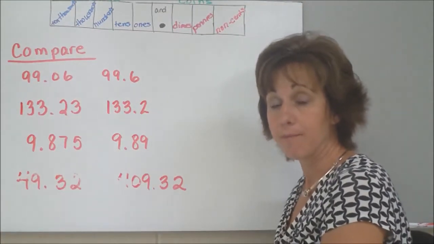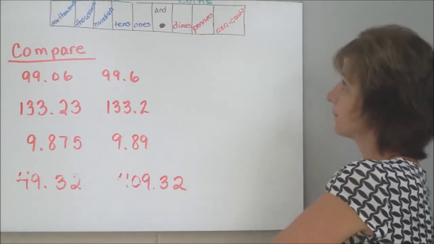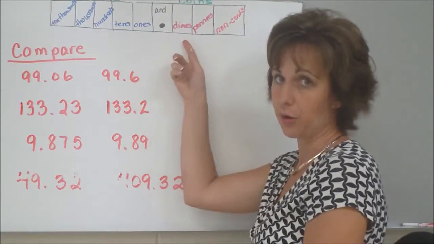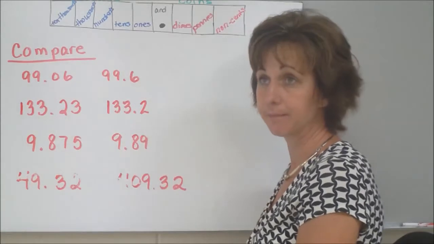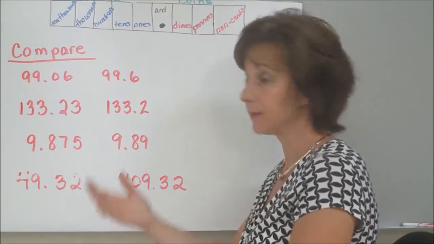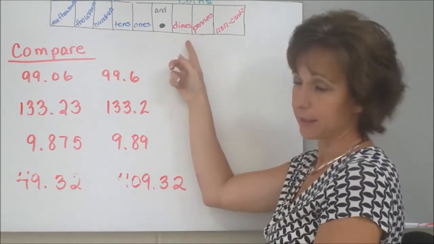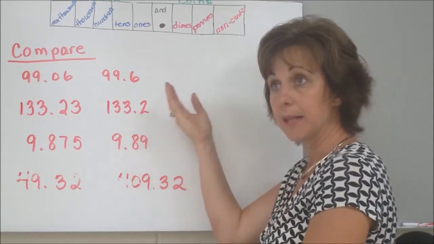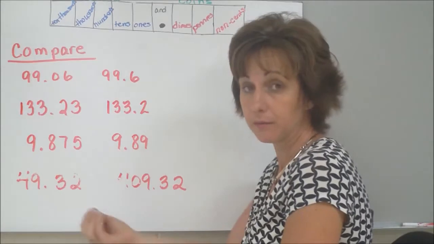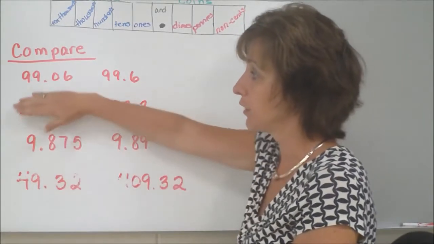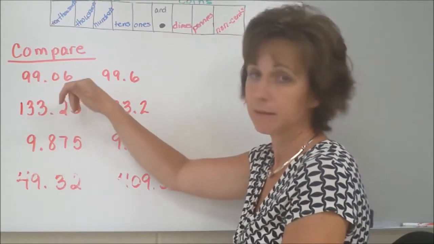Perhaps thinking about our money system and coins and bills will help you compare numbers. If you look at our place value chart, everything to the left of the decimal can be represented with bills: whole dollars and $10 bills and $100 bills, etc. Everything to the right of the decimal is part of a whole. That means that everything to the right of a decimal, you have to have 10 or 100 to make a whole. So if we are using money, then we're going to call this $99 and 6 cents,